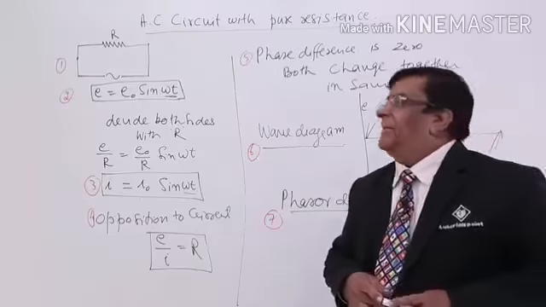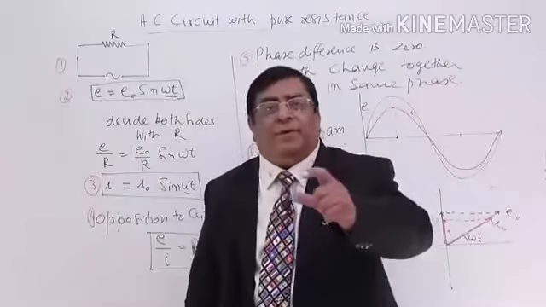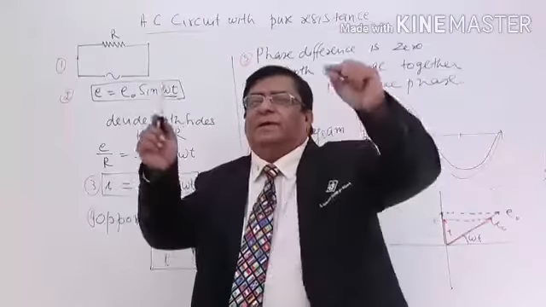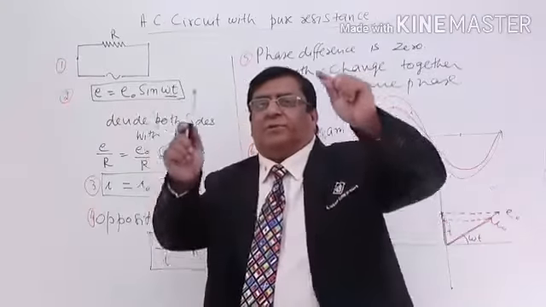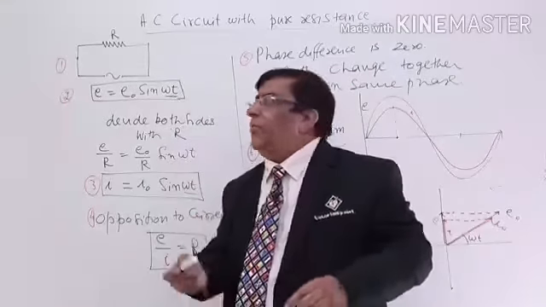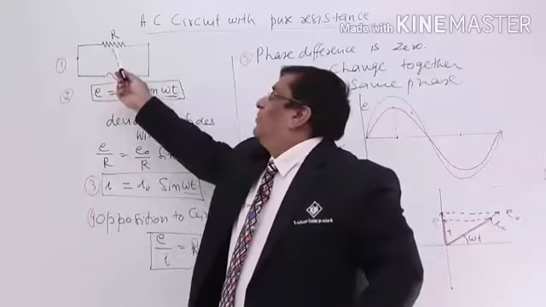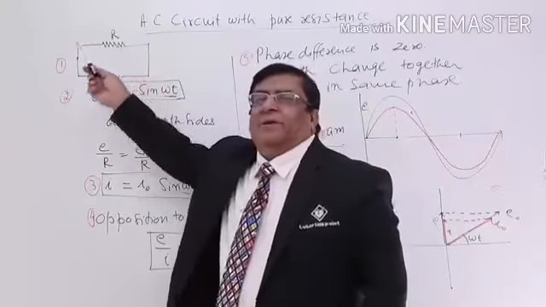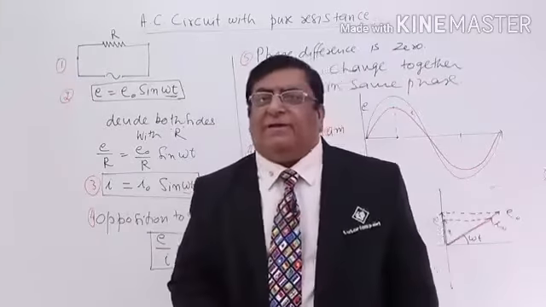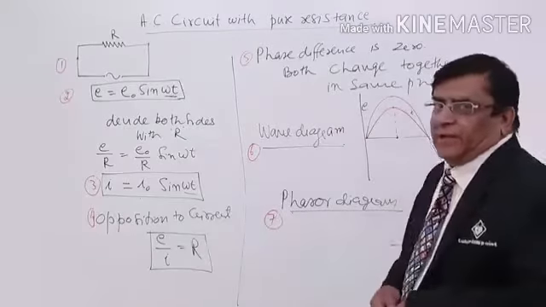What is meant by element? Here AC supply is given to resistance. Maybe at one time we will fit this AC supply to an inductor, AC supply to a capacitor, AC supply to a combination of the two. So all these things which are coming in the circuit are known as elements. The members of the circuits are known as elements, and we will keep on changing the element and see all these 7 things in all the elements.